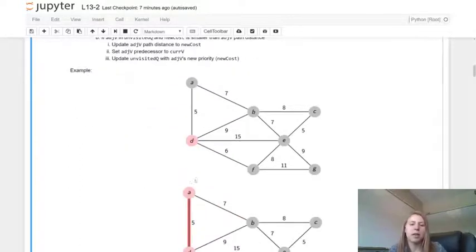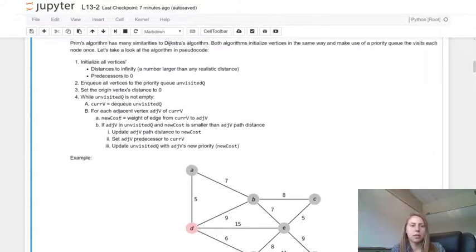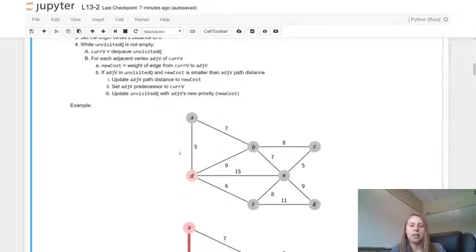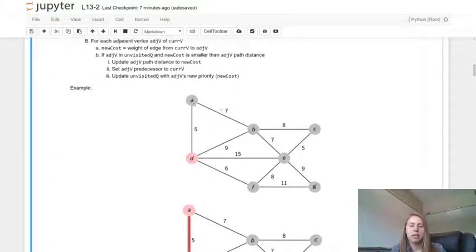I have an example here that we can walk through. In this example, we have vertices A, B, C, D, E, F, G, and our starting vertex is vertex D. So all of these vertices initially start in our unvisited priority queue, and we are going to dequeue from the unvisited queue the vertex that has the highest priority. Essentially the highest priority is D because its priority is set to 0, whereas all the other vertices' priority is set to infinity. So we dequeue D,